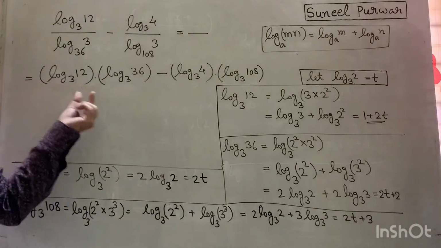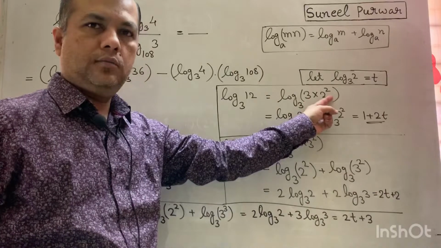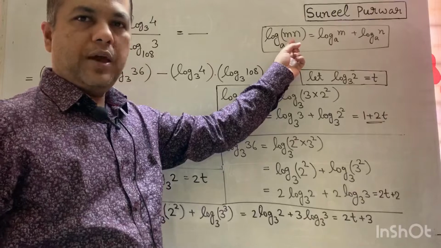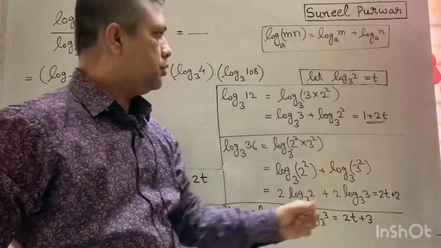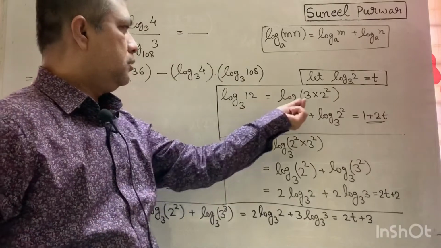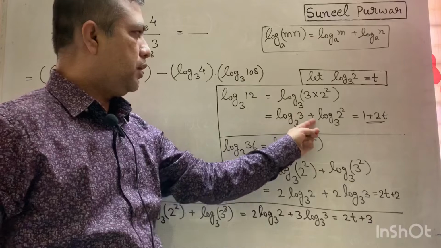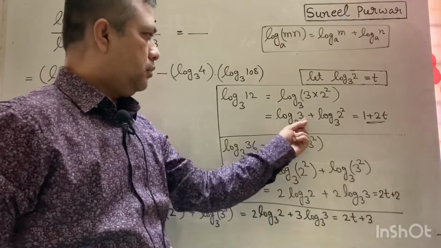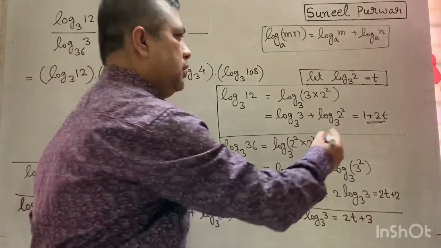Log of 12 base 3. Here, 12 you can write as 3 into 4. Now you are aware of this property, log of mn, m into n, is what? Log of m plus log of n. So using that property, this is your m and this is your n, you can write this as log of 3 plus log of 2 square. Log 3 to the base 3 is 1, and this exponent 2,